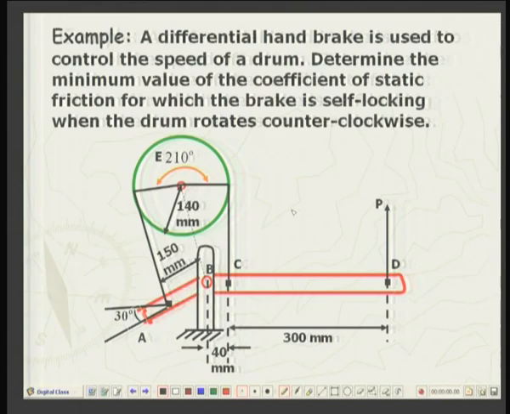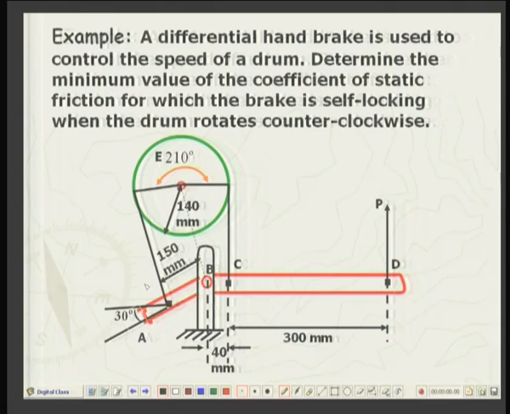Yeah. We will take up another interesting example, a very practical example. This is about the differential handbrake. Suppose in a workshop or in your automobile there is a flywheel and we want to bring it to rest, then we use this handbrake or differential handbrake, which consists of a belt going over the flywheel or the drum, and the force is applied through a lever system as shown over here.